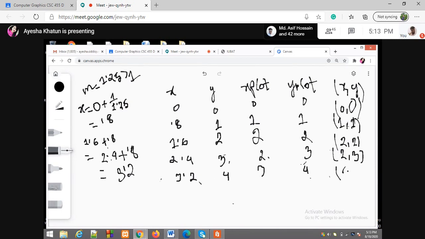So we will take 3 and 4. So again 3.2 plus 0.8. So we will have 4. Okay. So here we will have 4 and it will be incremented by 1, 5. So we need to plot 4 and 5 and then finally we will get our end point, that is 4 and 5. Okay. So that is where you need to stop.